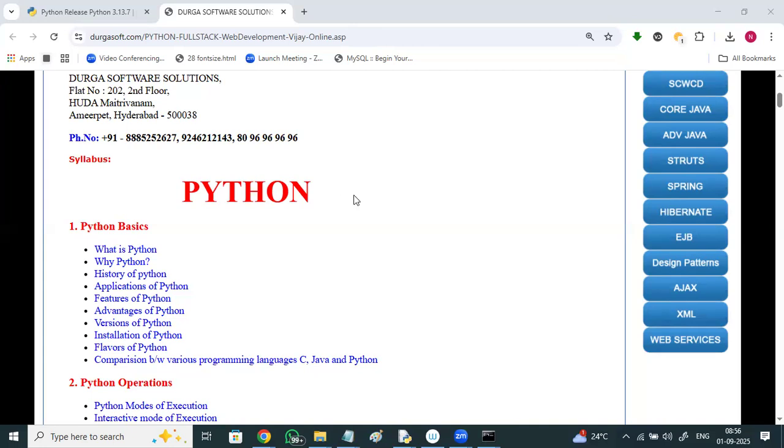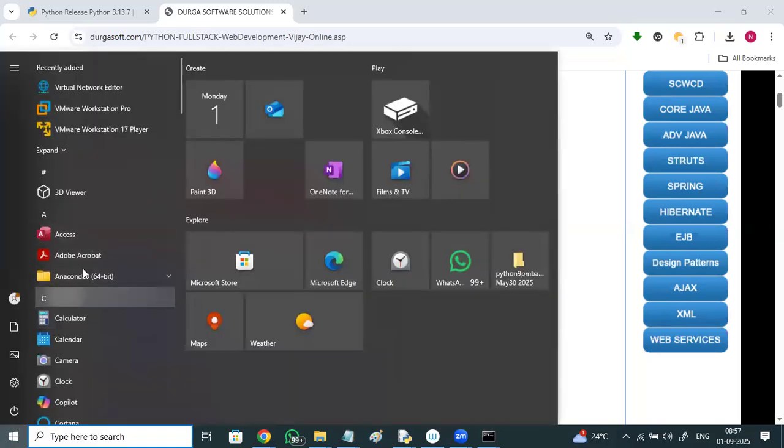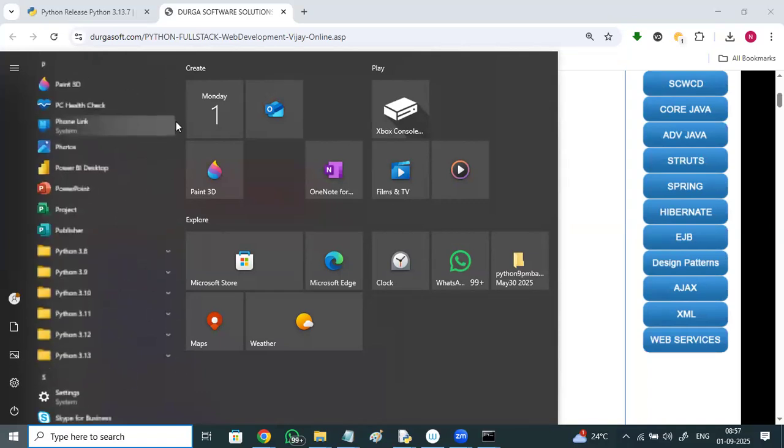I have already downloaded Python, but it is 3.2. Is it okay? Don't go with 3.2. Go with any version above 3.8. Is your Windows 10 or 11? Windows 11 means go with the latest version. Any version of Python you can install in your systems. In my system, I might have 6 to 7 Python versions: 3.8, 3.9, 3.10, 3.11, 3.12, 3.13.